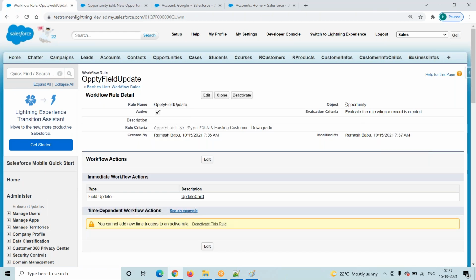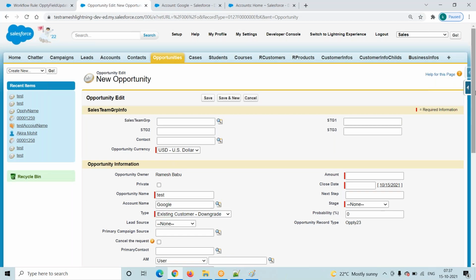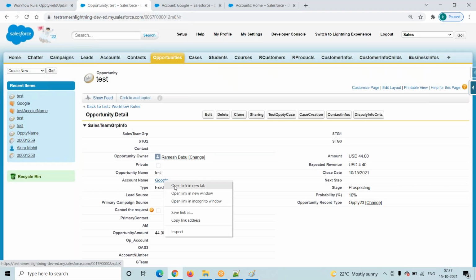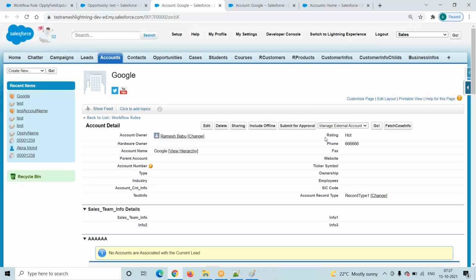See, we are working on the opportunity object. We are creating one opportunity record. If that type equals this one, then we are updating a parent, where we are updating in the account object. In account, which field are we updating? Rating field. Now go to here. See, this is my record. Close date, provide all the details. Click on the save button. Here we selected account name as Google, right? Now go to this Google record. Here you have to observe rating is equal to hot, it is updated, right? So the third option is possible, child to parent is possible, but there should be a master detail relationship. This is the second action. The remaining actions will